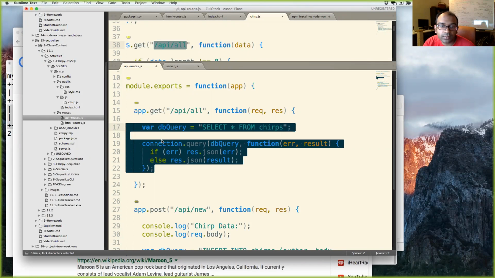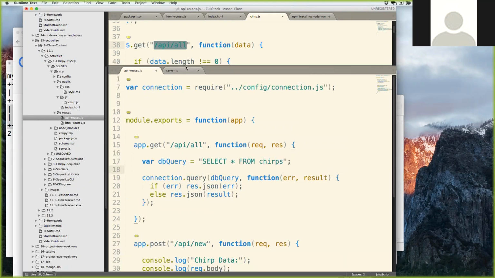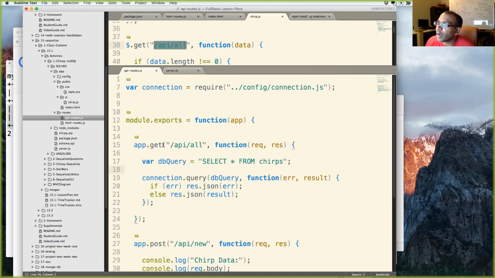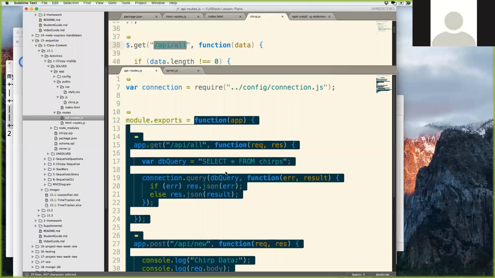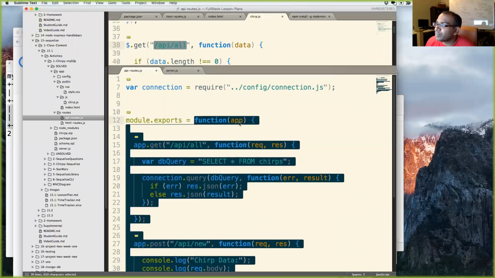Thank you. Can I ask about what you were going over just before that question? You were looking at the routing. I think you were requiring, and you were also passing in an app as you were requiring. Yeah, sure. So if I go into my server.js, if I go back to my API routes right here, the module.exports equals this function right here. We see this huge function, right? And you see how I have an argument right here called app.